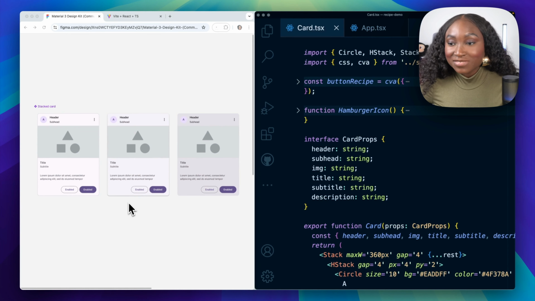Hi there, in this video we're going to be creating a card recipe for this card component using Panda CSS. So this is a stacked card component gotten from the Material Design kit. This is currently in Figma, and we notice that this is a single component, but there are three different variants